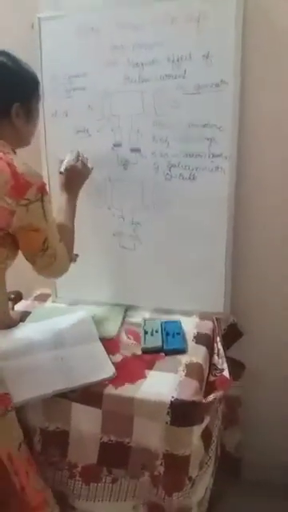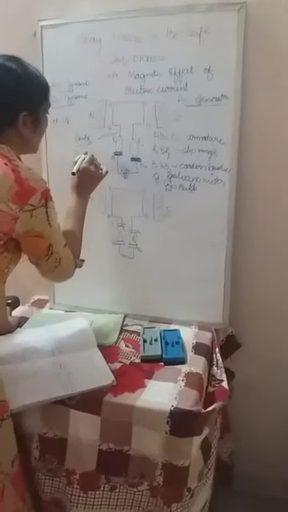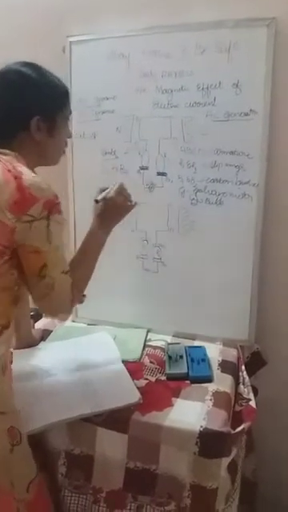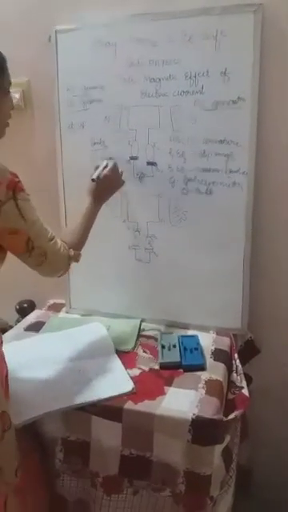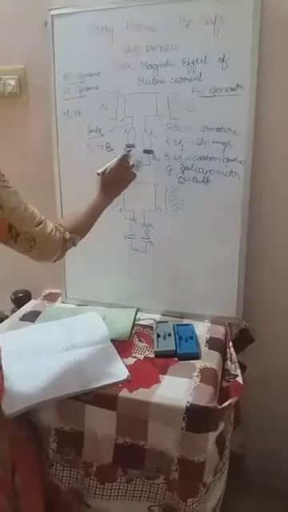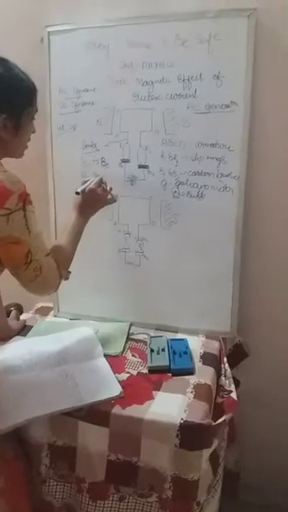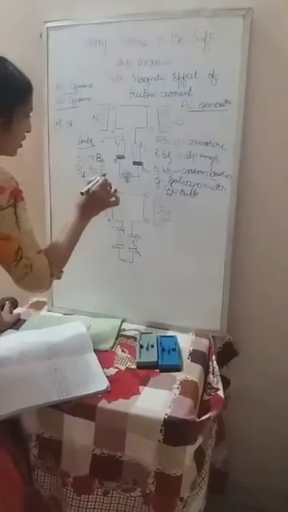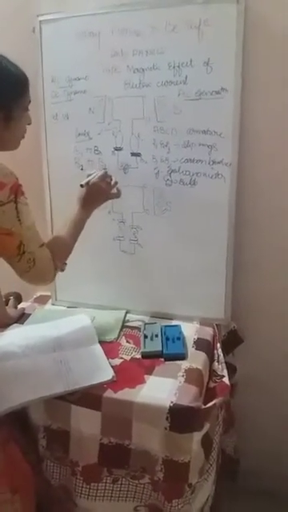During the first half of the rotation, the current flows along B1 to B2. First it flows from R1 to R2, then it flows along B1 to B2. But during the second half of the rotation, the current flows from B2 to B1. Yes, the current flows along B2 to B1.